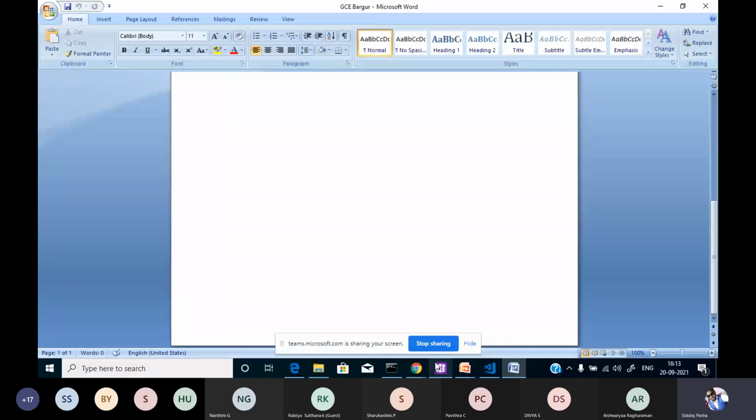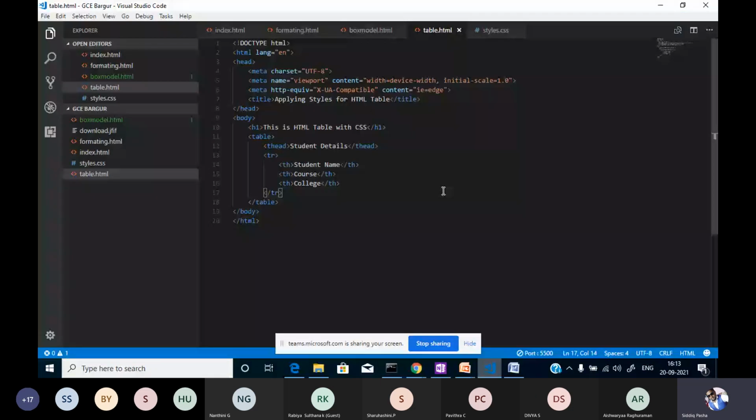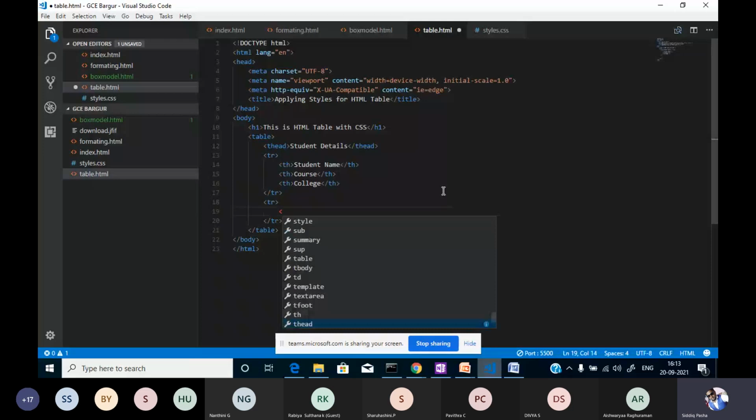Now I'll add some rows for this particular table. Over here, I will add a table row. Say some name using table data. Right, in table data only we will write some name. Something, I will give Sita.